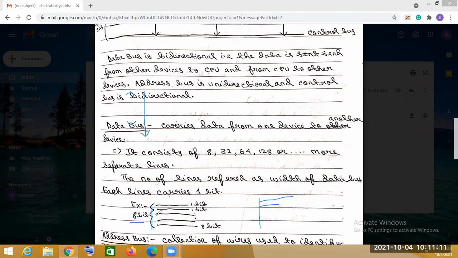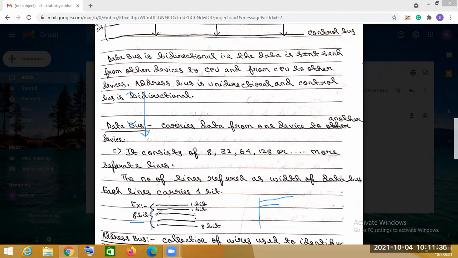Inside this data bus, 8 lines are present, and each line contains one bit. So in total, how many bits will be present? 8 bits. So we can say the width of the data bus will be 8 bit.